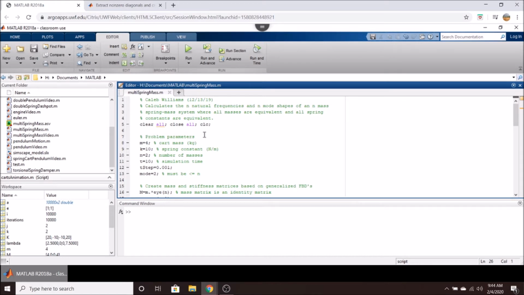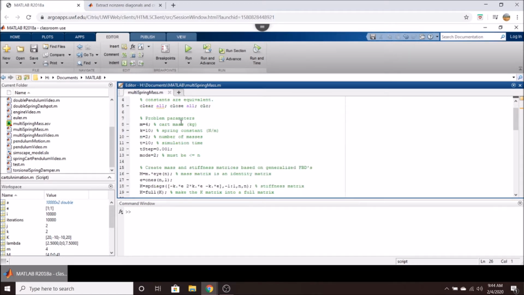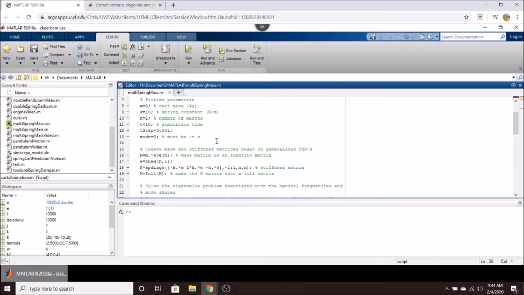So we start out here with our problem parameters. We have m, which is the mass of the carts in our system, k, which is our spring constant. Then we have the number of masses. This code is valid for an infinite number of masses. Here I'm just using 2. We have t, which is our simulation time. So how long do we want to solve for the motion of these carts? And then our mode. This is just the mode that we want to observe the motion in. And note that whatever mode number you choose must be less than or equal to the number of masses in